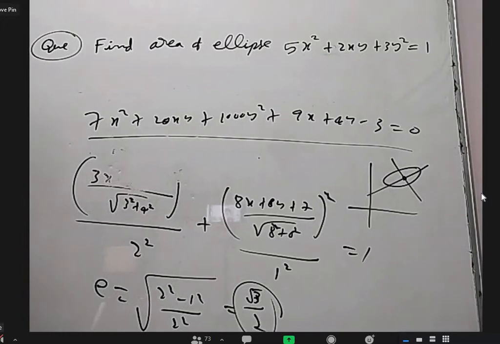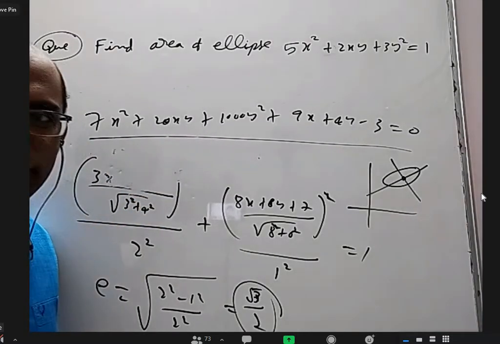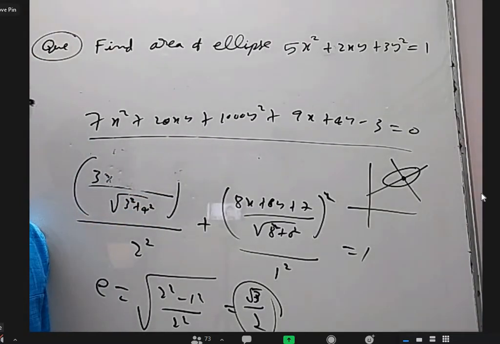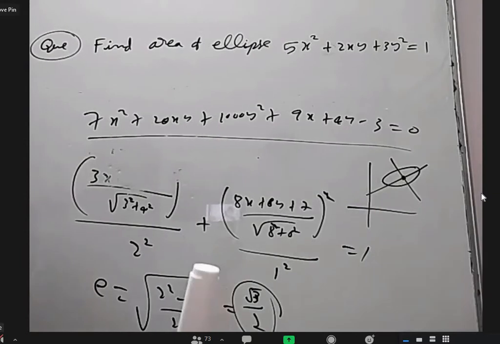Okay. For a pair of straight lines, the point of intersection, what you said, I'll agree. But here, it is not that. But the formula is the same: the center of this is (hf minus bg) by (ab minus h square), (hg minus af) by (ab minus h square). Is the pair of straight lines the only place where you came across that formula, or did you come across it before anywhere else?